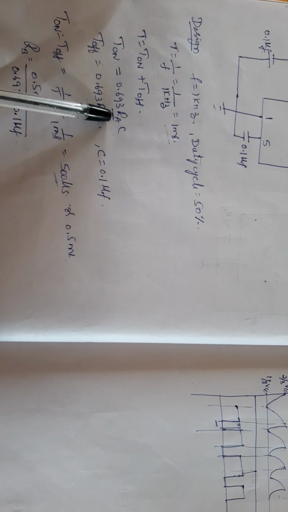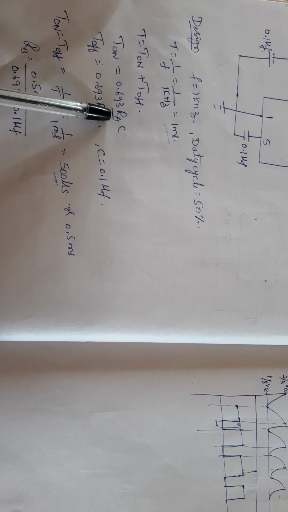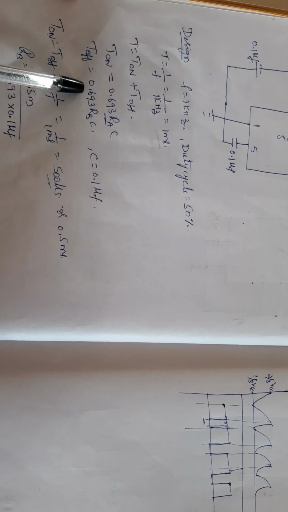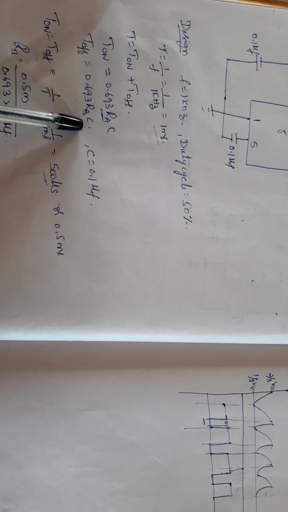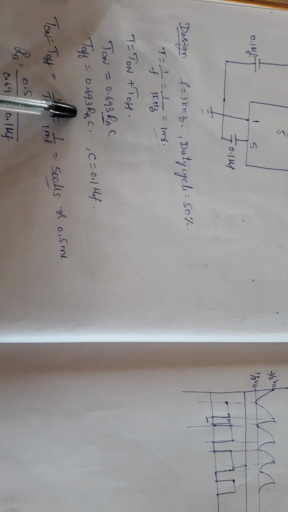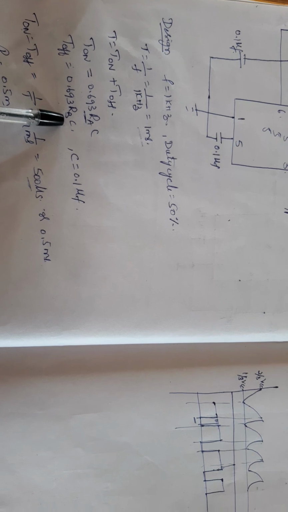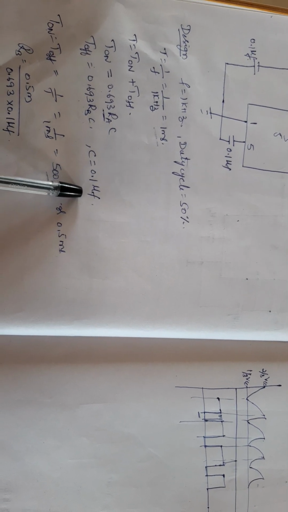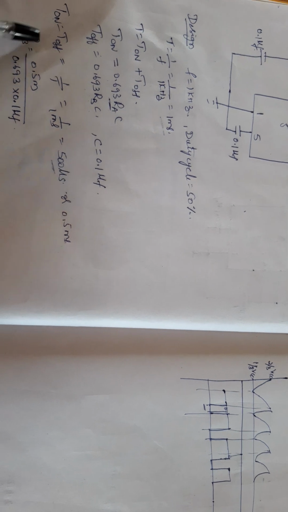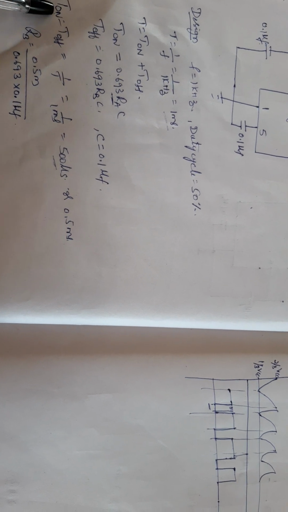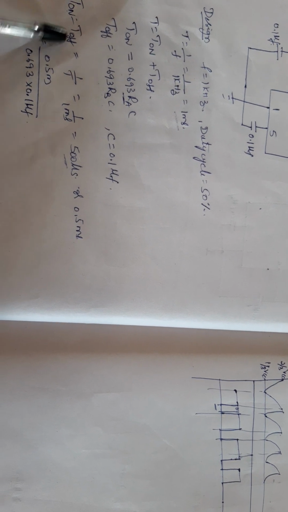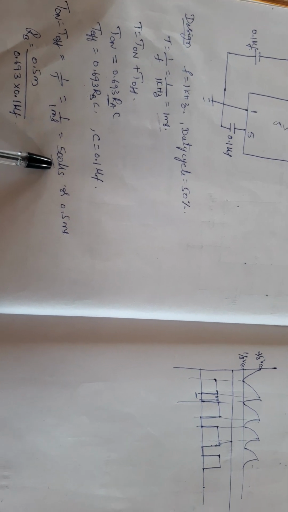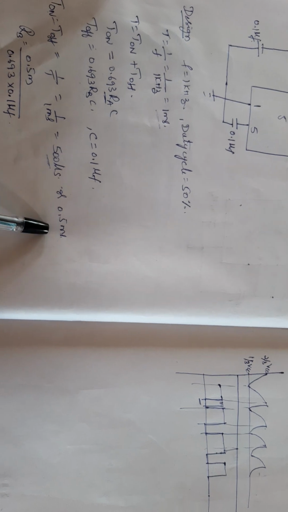Here we should take note of the change we have made. The capacitor charges only through RA. So T off is 0.693 RB into C, which discharges only through RB, which is similar to the formula we used in the asymmetrical astable multivibrator. The C value we are assuming is 0.1 microfarad. So T on equals T off, equal to T by 2, and T is 1 by 1 millisecond, so the time is 500 microseconds or 0.5 millisecond.